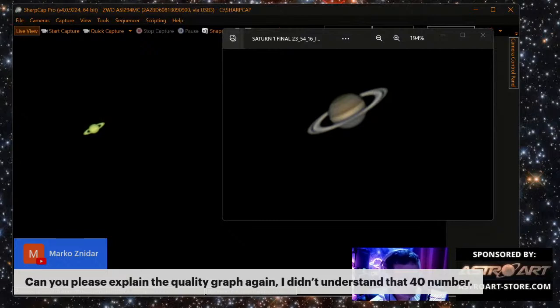I use the quality to choose, for instance, 5,000 to work with. And it will pick those 5,000 and create another equal 5,000 and stack them together. It will improve the sharpness a bit. That's only that. The 40, I don't know what that was.